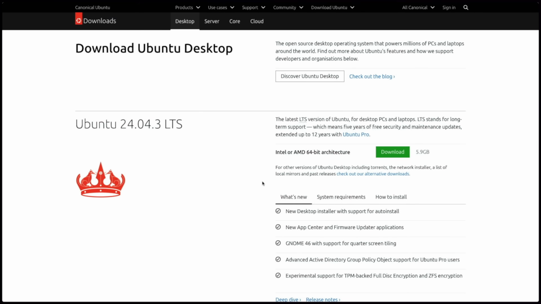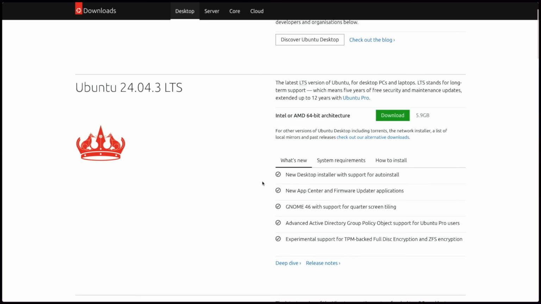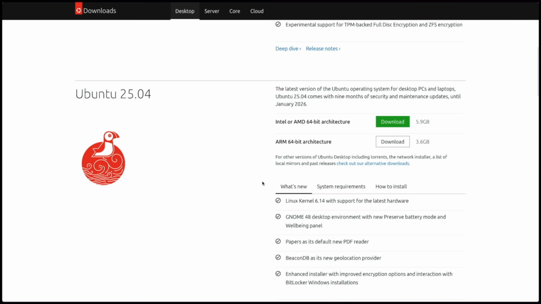So if you want the ultimate stability, everything has been run through tests vigorously, then you want the LTS version. Practically, this would be for people who want to install this operating system once and leave it for a few years and never touch it. But if you want cutting edge, you want the newest of the new, then you would go with this other version. The newest version has obviously the newest software, but with the newest software can come the occasional bug or two. So your mileage may vary. It's up to you which version you're going to pick.